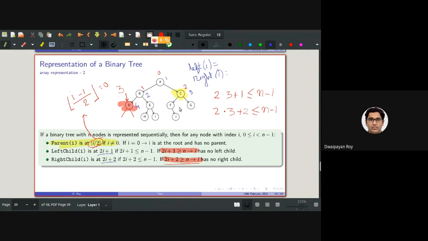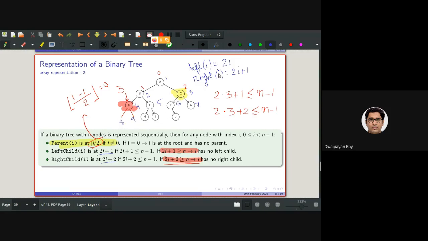Initially it was 2i plus 1, now it will be 2i. And the right child will be at position 2i plus 1. Now check: 1, 2, 3, 4, 5, 6, 7, 8, 9, and so on.